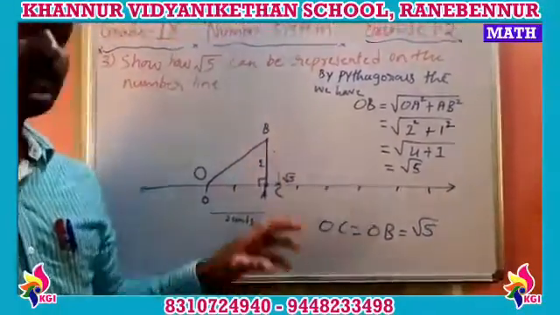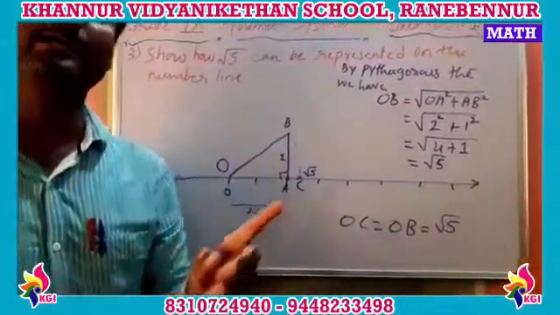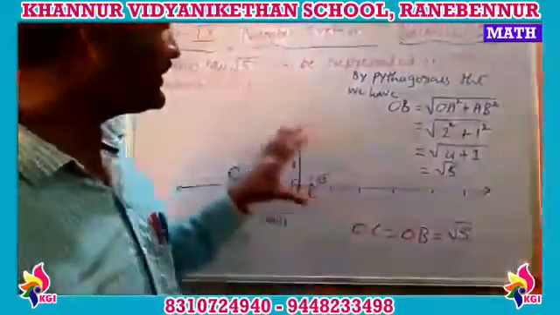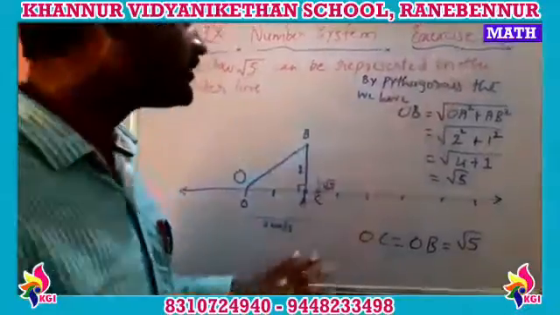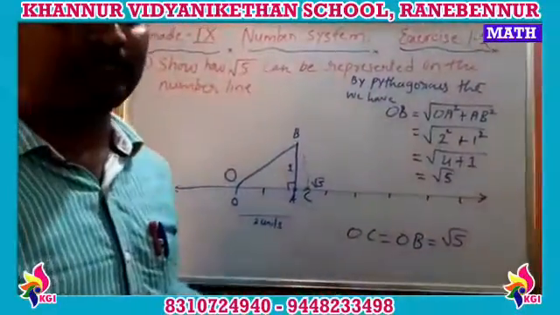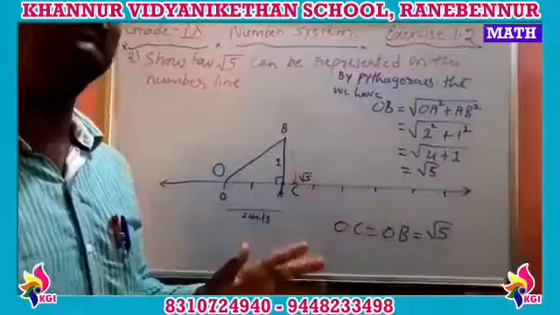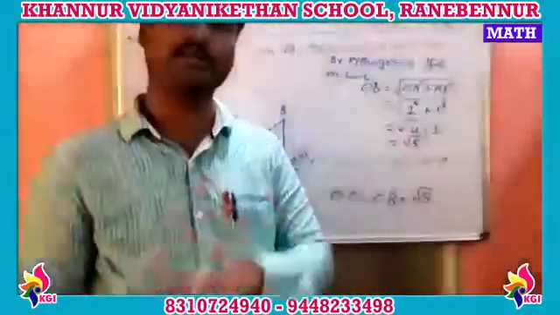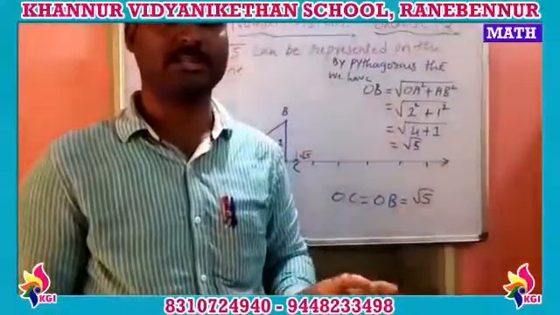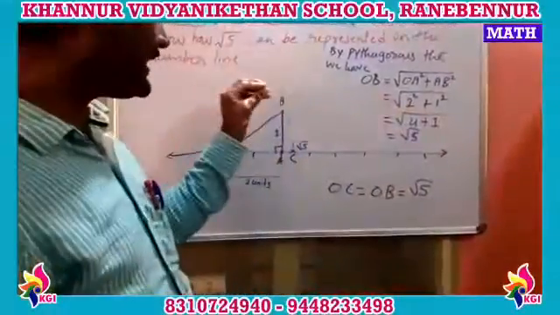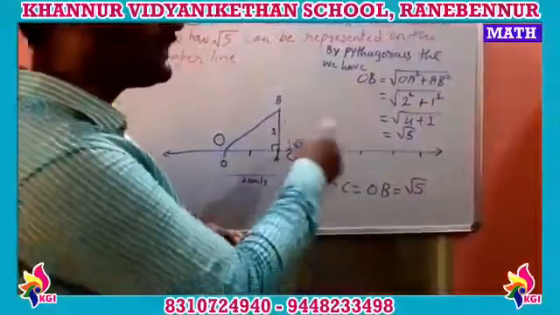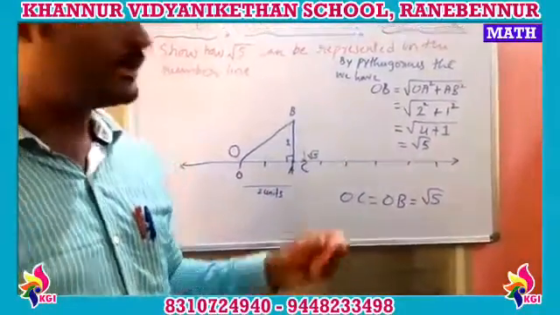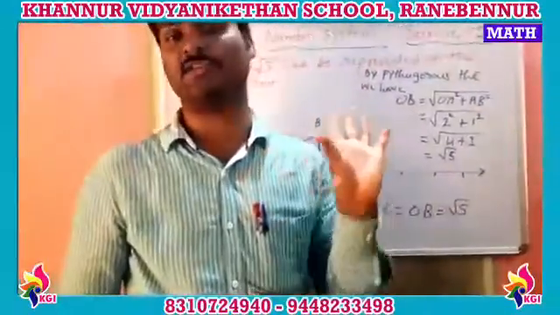Okay, it's clear. You have to use your scale and your pencil. This diagram should be drawn with a pencil. After drawing this diagram, you have to write all this at the bottom. Like this you need to write in your rough book and practice. I will send you the notes later, and you can copy it out on Friday. If you have any doubt about the square root of 5, you can call and contact me to get it clarified. You must use a compass and a scale for this.